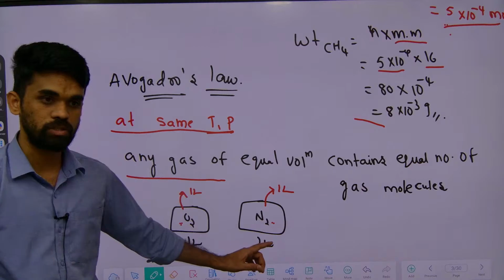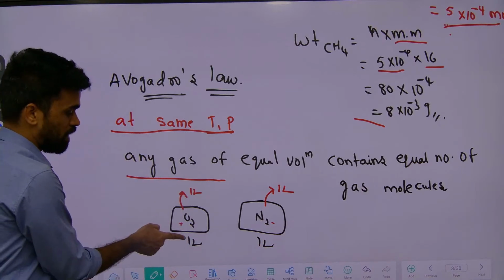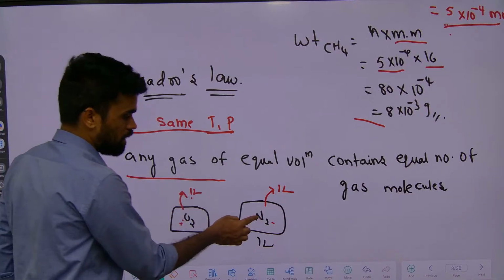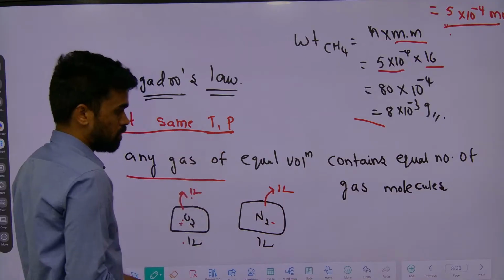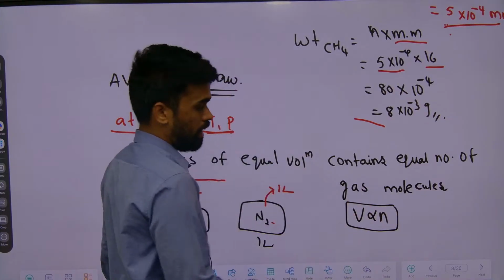Here it is molecules only. Okay, clear what we are discussing? If I say 1 liter of O2 contains 1 lakh molecules, then 1 liter of N2 also contains 1 lakh molecules. So you can remember it is V is directly proportional to N, at constant